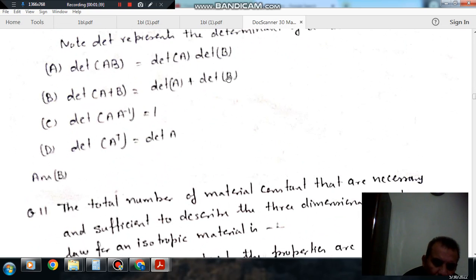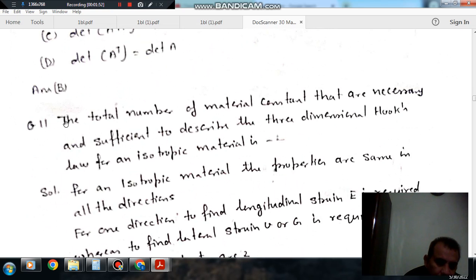So that is the formula that you have to remember. You can prove it by taking two different matrices, finding their sum and then finding the individual determinants, and verify this properly. Okay. Next,